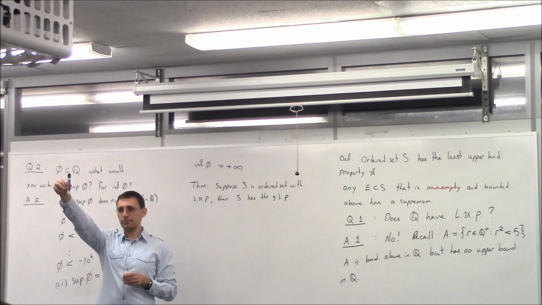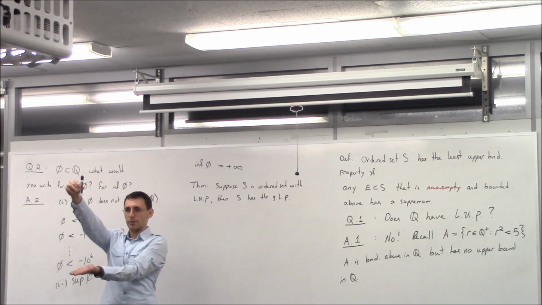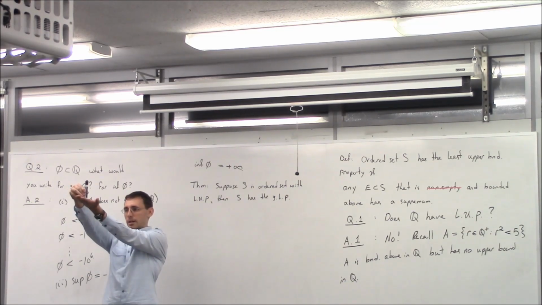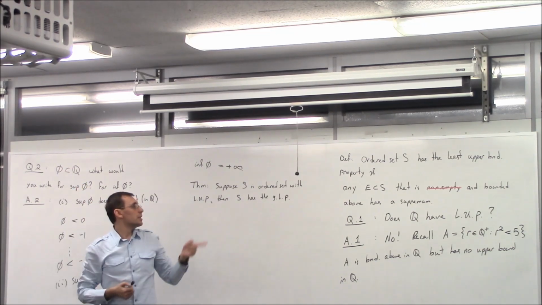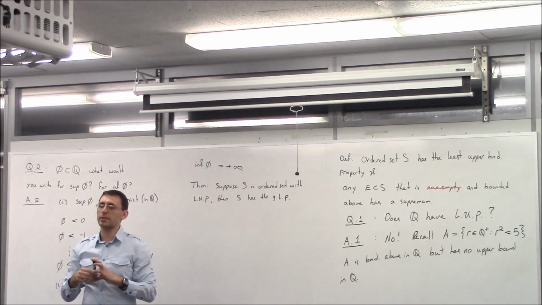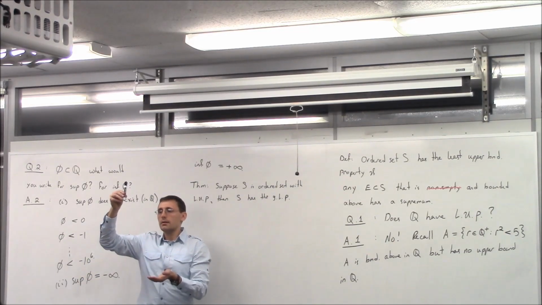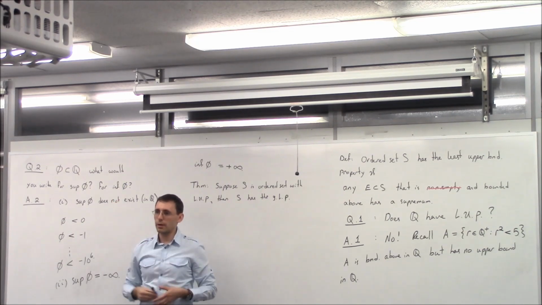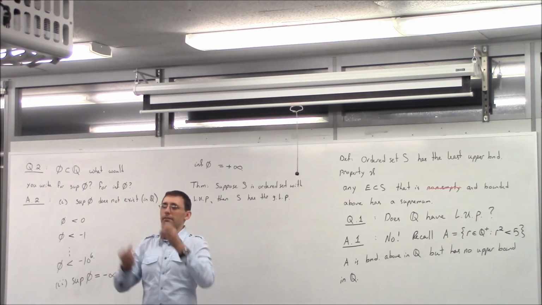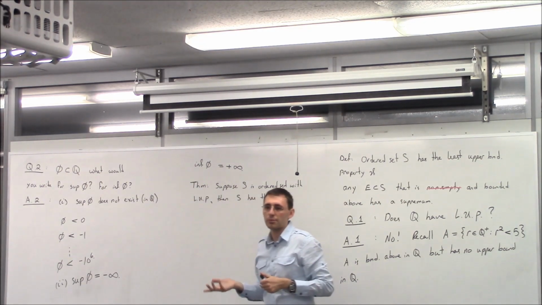So you have this pen. Is it bounded below if you consider it on a line? Yes, right here is a lower bound. Now, what's the greatest lower bound? I just push my arm up until, so to speak, I touch the pen. So if we have a set that has the least upper bound property, it has the property that if you take a set B that is bounded below, it will have a greatest lower bound. In other words, sets that have lower bounds have infimums. If they have supremums, they have infimums.